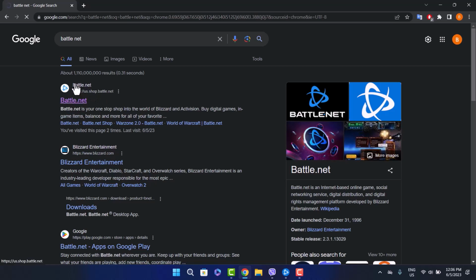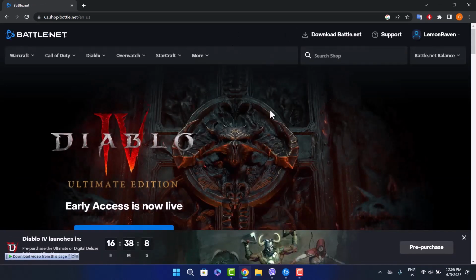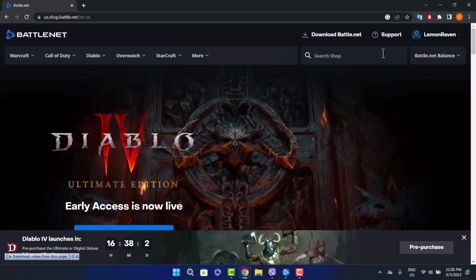Once you head onto it, you'll get an interface somewhat like this. Let it load up here. Now here you can see the account is logged in here. You'll get an interface like this, and on the top right corner of your screen you can see my username right here. Make sure to log into your account first, and once you log in you'll get an interface like this,